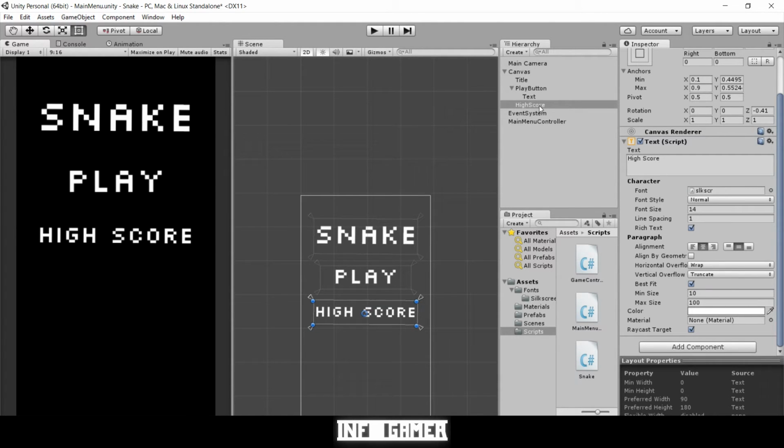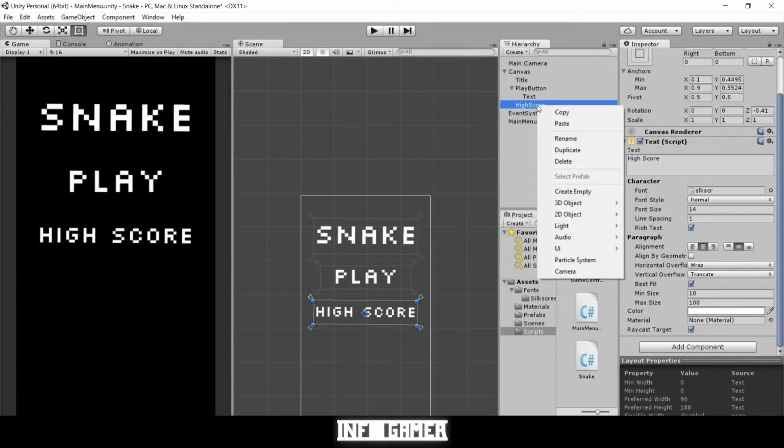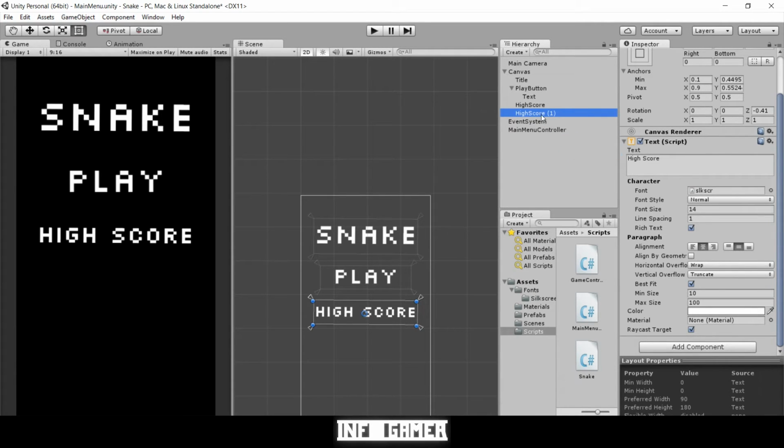But now let's copy our high score text object, duplicate it, and let's rename this HS value, so high score value. And this is going to be a number value, so we can change it to just 0 for now,